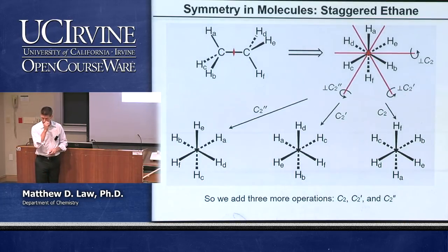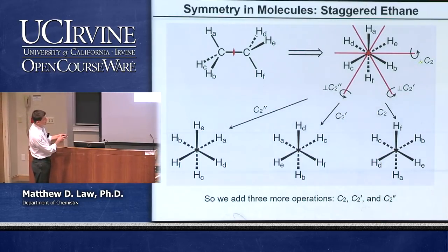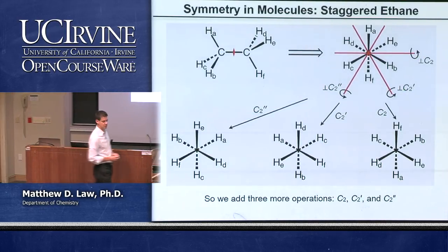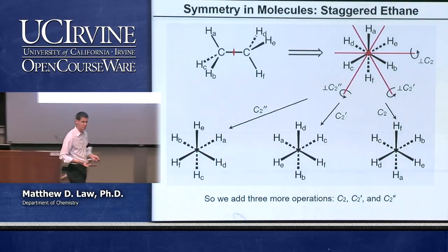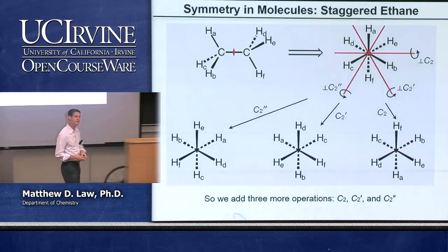Yeah, Jeffrey? Sorry, why do we add the primes again? The primes are just to differentiate the exact axis we're talking about. So if we wanted to describe this one, we could just call it C2. But to tell that we had another C2 axis that's different from this original axis, we'd give it some other designation. And the convention is just to call it a prime, or double prime, or triple prime, or whatever. We could describe it any way we wanted to, right? But we have to use some kind of differentiation.